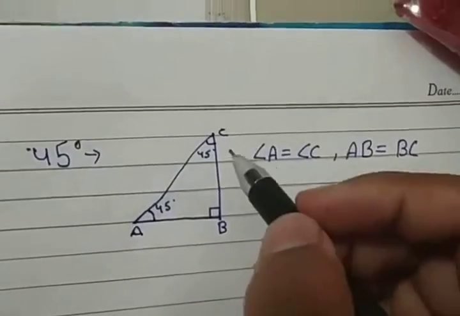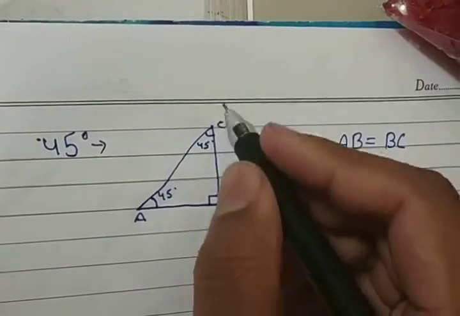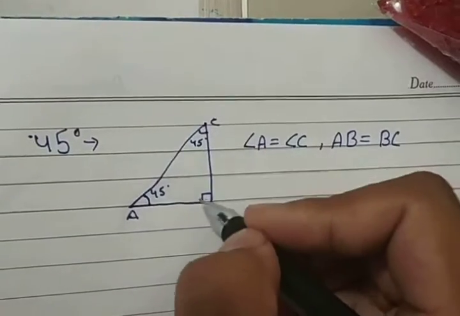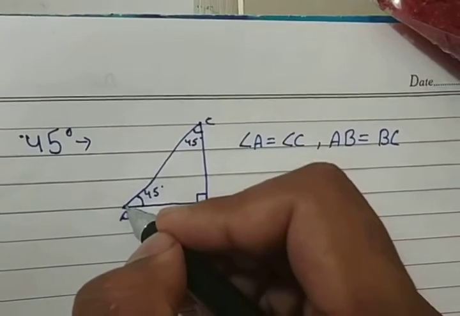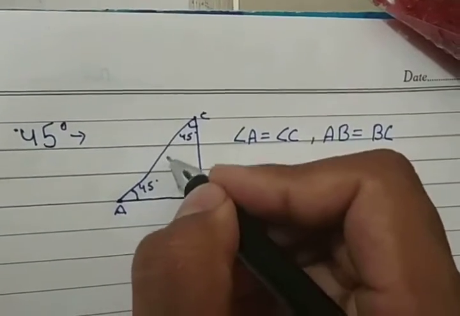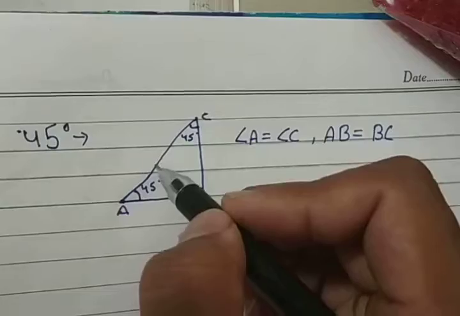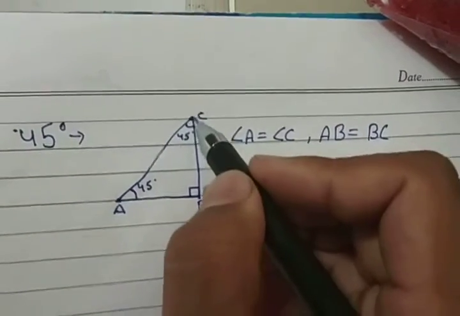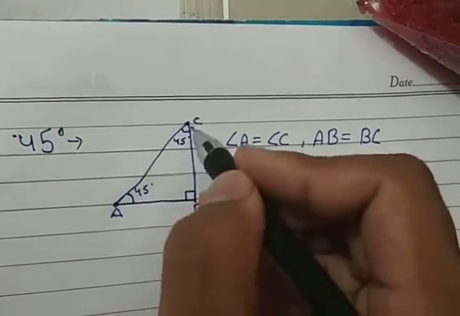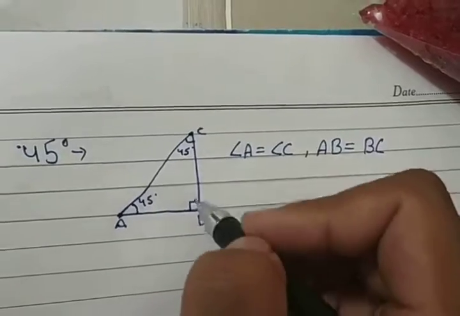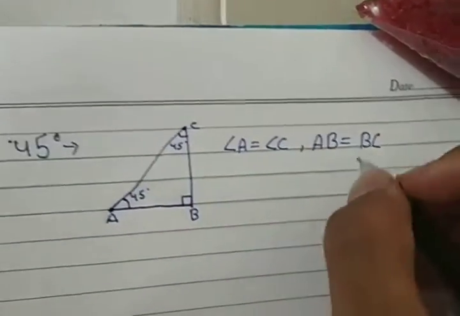Now if some of you don't know why it is so, then let us understand from here. Suppose you take a particular angle of 90 degree and take two lines on it. These two lines together make an angle of 90 degree, and then from this point we create an angle of 45 degree which goes here like this on this line. So it would definitely cut it somewhere. This line and this line would definitely intersect at some point, so this line would be dividing them at the same distance. So moving ahead, AB is equal to BC.